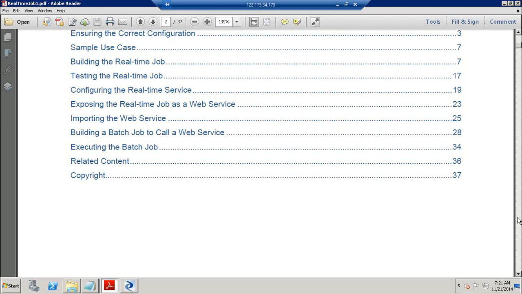And that is how we will run a real-time job as a service continuously, so that till that service is up and running, whatever the transactions or changes that happen on your source system will be reflected on your target system. And along with that, you will also have